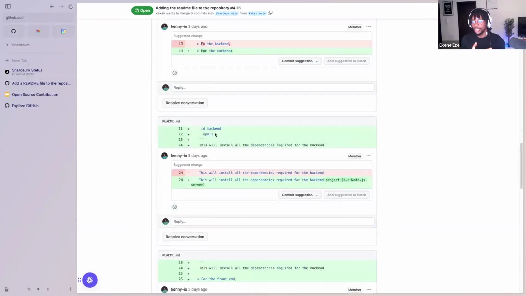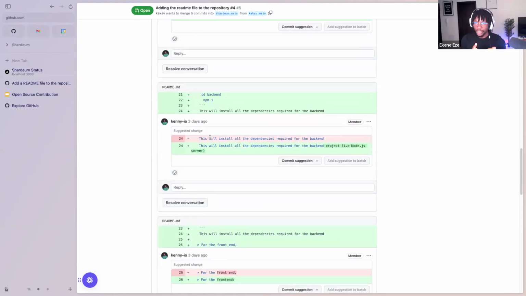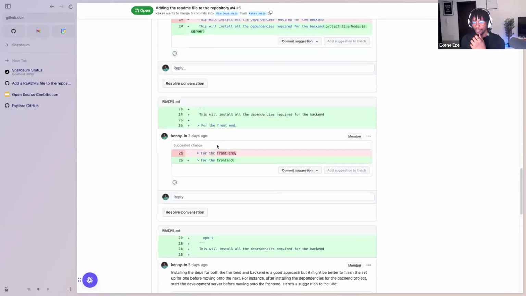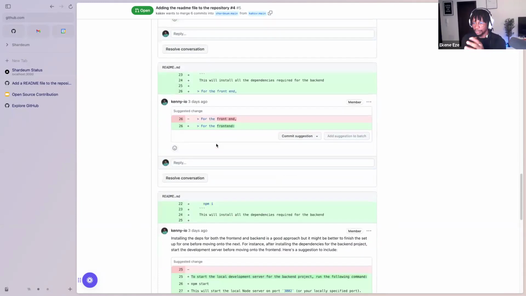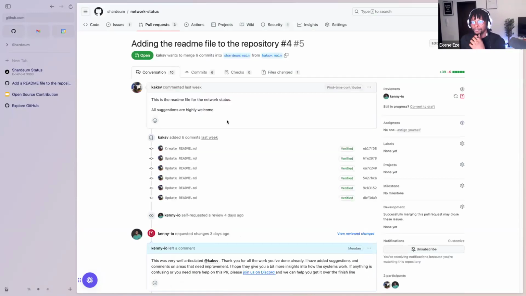They're going to make the changes that I requested. They're going to improve it however they feel they should, and then they're going to send an updated PR that has basically accounted for all the suggestions that I made or whatever else. So that's the second half of your contribution. There's going to be a little bit of back and forth with the maintainers, and they're going to basically guide you towards getting the PR to be the quality and the standard that you wanted. And after that, they're going to accept that PR, and you would become an open source contributor, just like that.